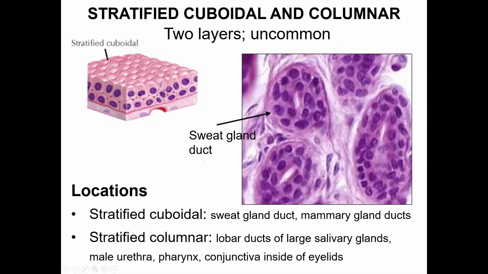So this is clearly a structure that is made of a double layer of epithelium. Locations: stratified cuboidal in sweat gland ducts, mammary gland ducts; stratified columnar in the lobar ducts of large salivary glands, male urethra, the pharynx,